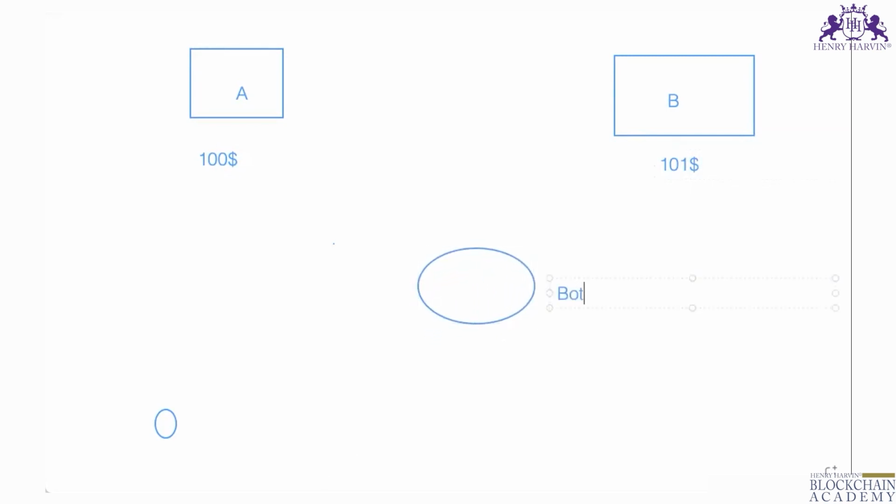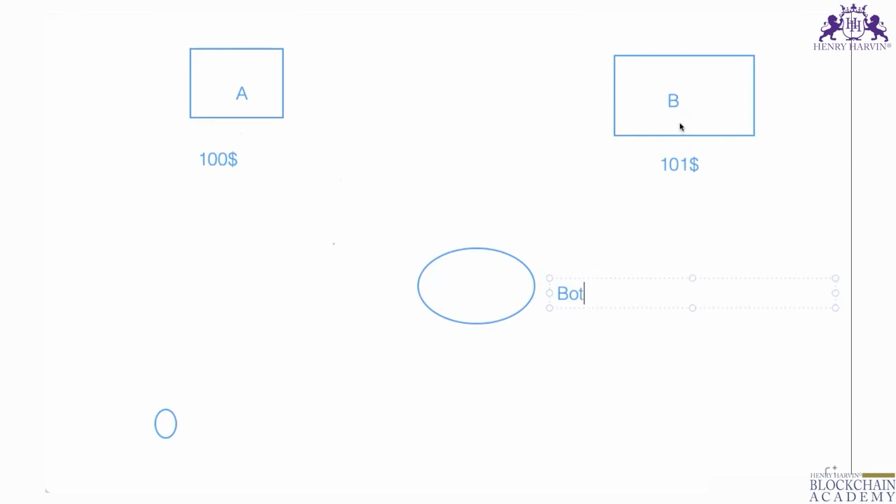Okay, this is my bot. What my bot is doing is capturing all the prices live from the exchanges. As you know, reading from the blockchain is free of cost; you don't need to pay any money. So my bot is continuously watching these exchanges and reading the prices of the currencies. And I found a difference for a particular minute or time period.